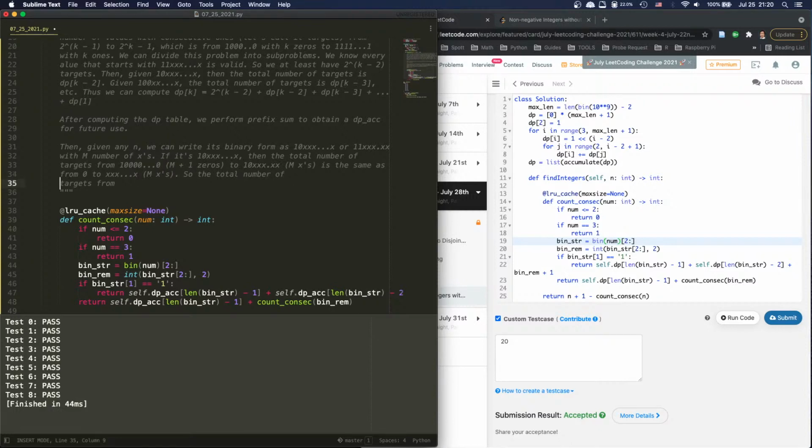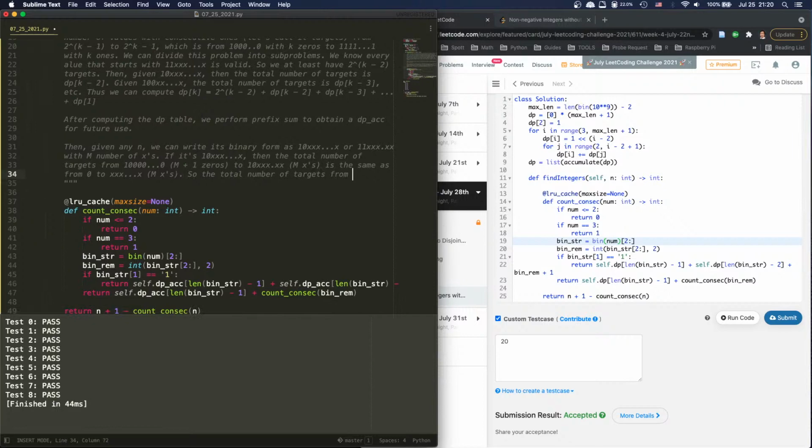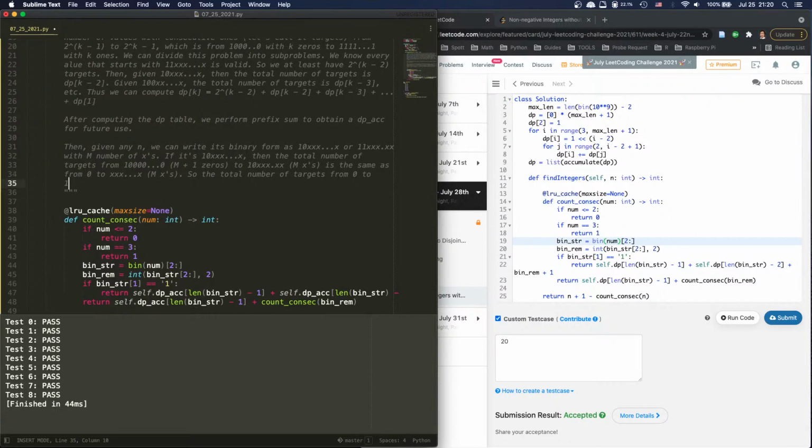The total number of targets from 0 to m axis is dp. We call it m axis, so dp